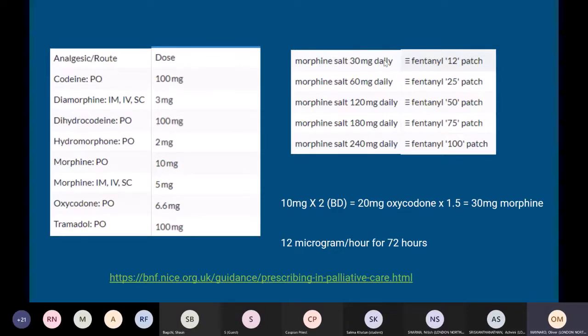we can see in the conversion table converts to the fentanyl 12 patch. So a 12 patch means that he'll be getting 12 micrograms of fentanyl per hour, and patches usually last for 3 days, so 72 hours. And then they need to be replaced on that 3rd day. So 12 refers to the 12 micrograms, but that's not over the whole 24-hour period. That's every hour for the 24 hours until the patch needs to be changed.